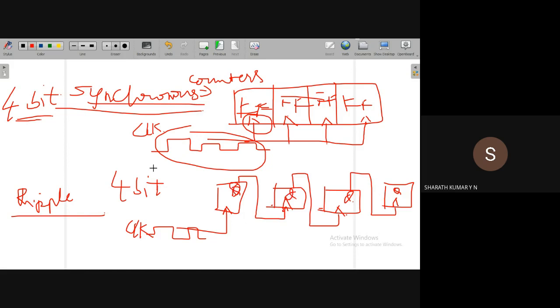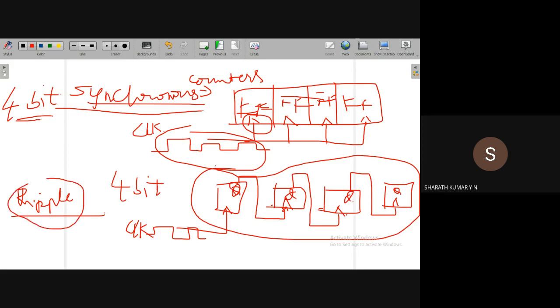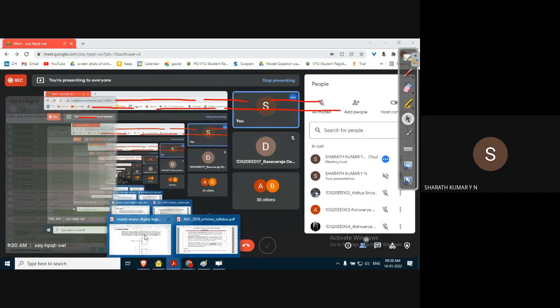So if this is the situation, we call such a counter a ripple counter. Ripple effect means something like a motion effect, or a ripple movement. Basically, what is the movement in this counter? There is a clock pulse, and the output of a flip flop is applied as a clock input to the next stage. So there is a movement of the clock pulse, and hence it's called a ripple counter. Let us discuss this one now.